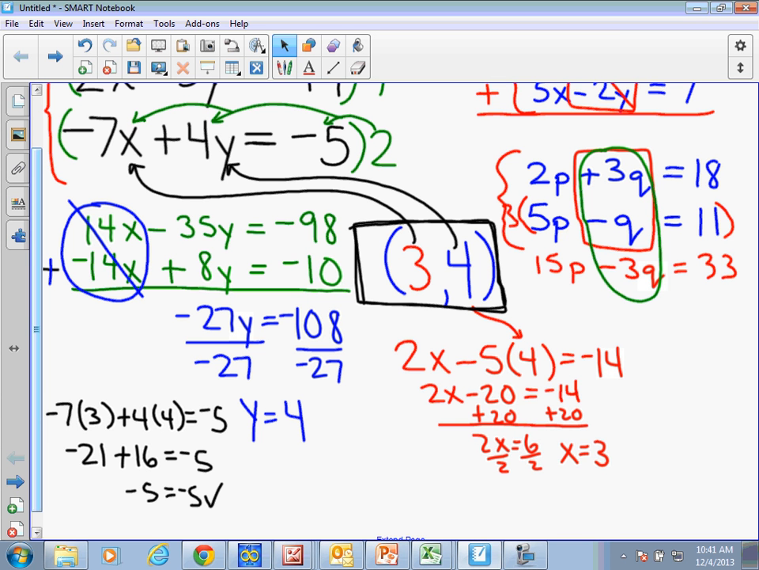And so that's solving a system using elimination where we have to multiply